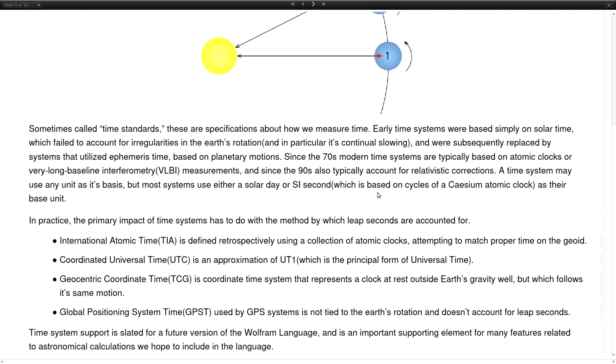is in terms of cycles of a cesium clock, it turns out that if you put atomic clocks on different parts of the Earth, they run at slightly different speeds because the geomagnetic forces and the gravity well of the planet Earth is not uniform. So the other systems like GPST simulates an atomic clock that follows the rotation of the Earth, but exists somewhere out in the vacuum of space and isn't affected by the Earth's geomagnetic field. It's something that we're looking at implementing in the Wolfram language, and we hope to be able to do things like map between these different coordinate systems of time so that we can handle astronomical calculations and things in the